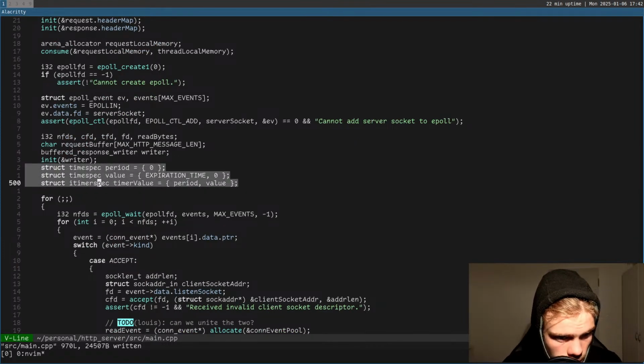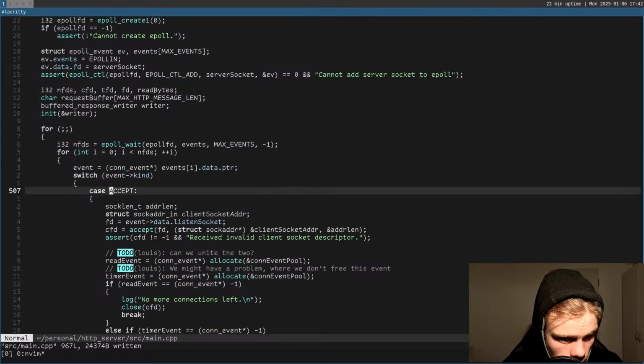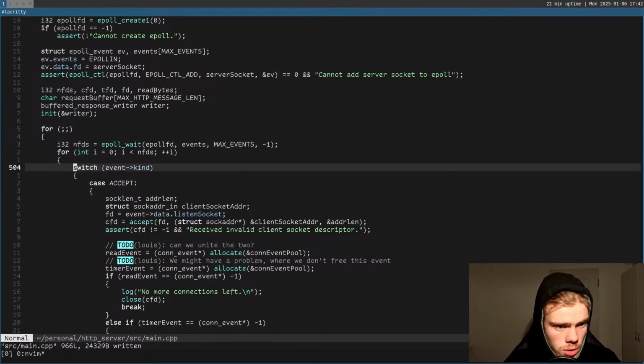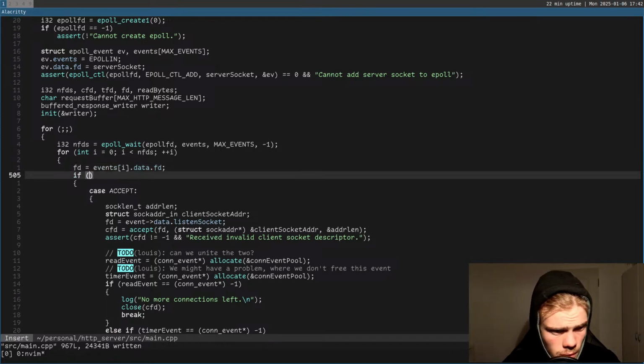We don't need this timer. We wait on the epoll, and then we don't switch. We say, if, so let's say fd is equal to events[i].data.fd, and if the fd is equal to the server socket, then we want to accept,